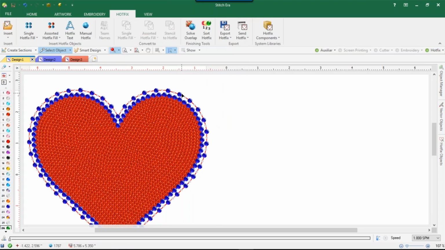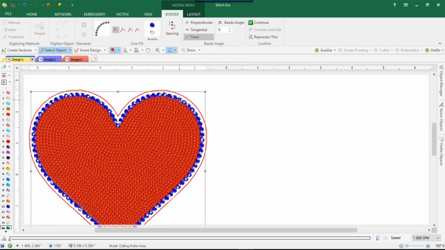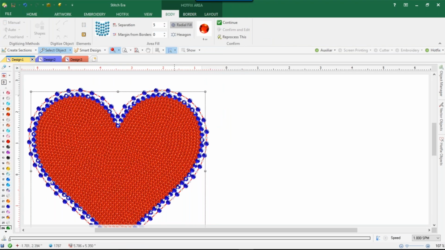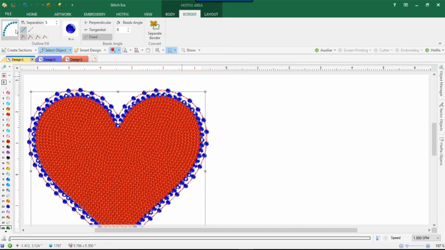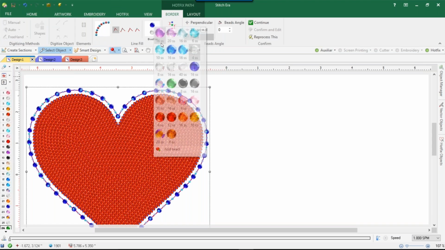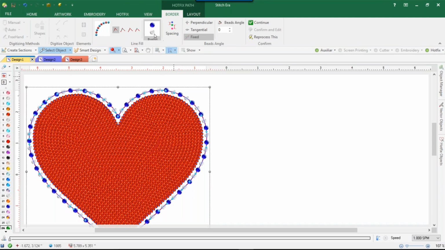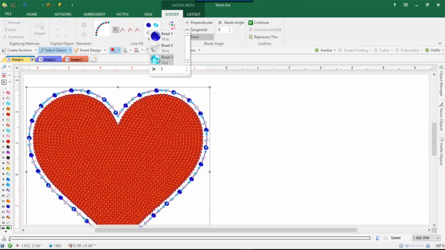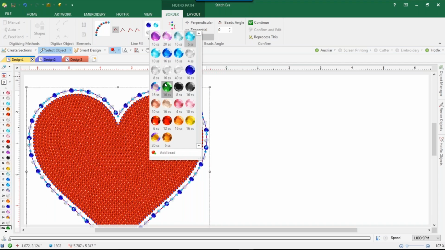Let's click on this border. Let me turn off the border here because I don't really want the border. I actually want my own. And this is what we're going to deal with. So I'm going to click on here. We've got the blue already. We're going to change the SS4 to the SS16 clear, and we're going to add a new bead to it. So now we'll have 3,